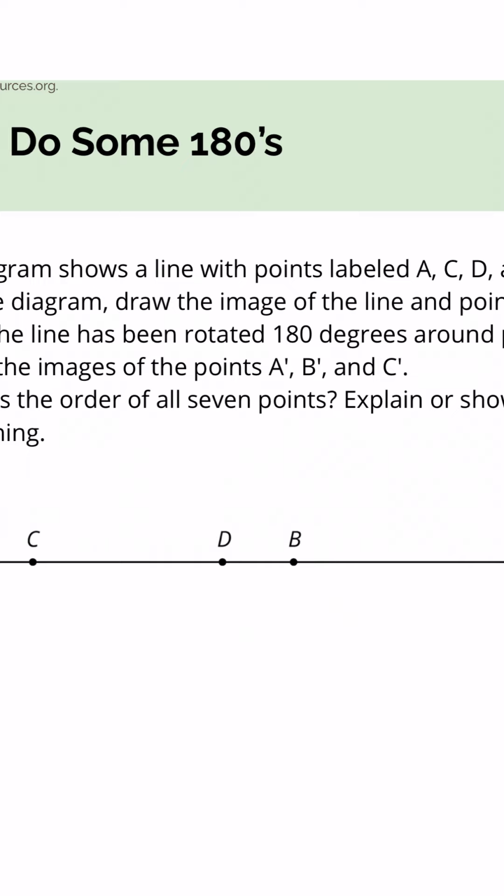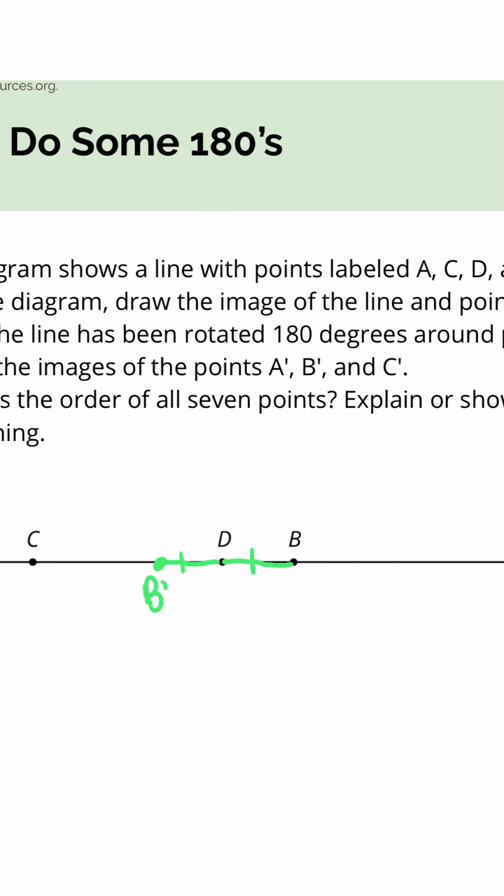So from what we learned yesterday, when we rotate this around A, C, D, and B, we're going to rotate around point D 180 degrees, it looks like. So remember how we did yesterday, that they just moved over to the other side and we're still the same distance. So here you have your DB, and we're going to go the same distance over here,